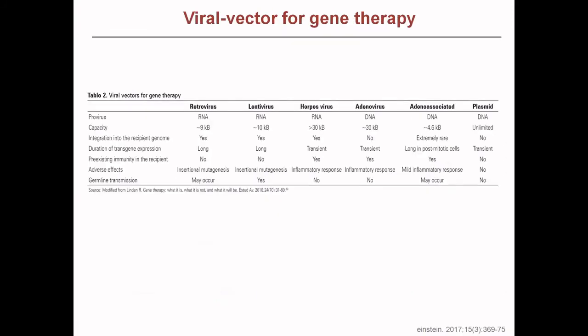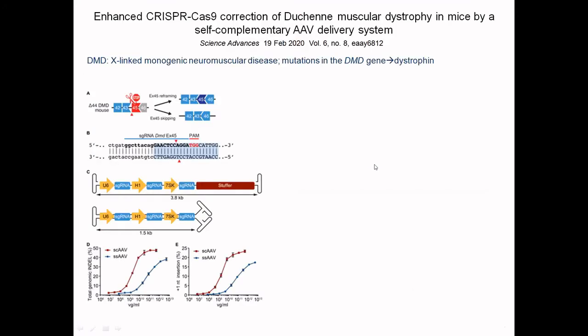So these are the various viral delivery systems: the retrovirus, lentivirus, herpes virus, the RNA viruses, adeno-associated virus, and the plasmid, which are the DNA vectors. In different viral delivery systems, the size of the insert that needs to be transfected or infected into the cells varies. The herpes virus takes the maximum size. So depending on our objective, we choose any of these delivery systems.